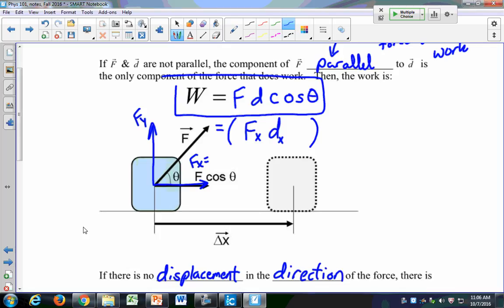Y'all with me okay so far? It's really not much more complicated than this. The problems will be more straightforward than we saw in the previous chapter. Okay,